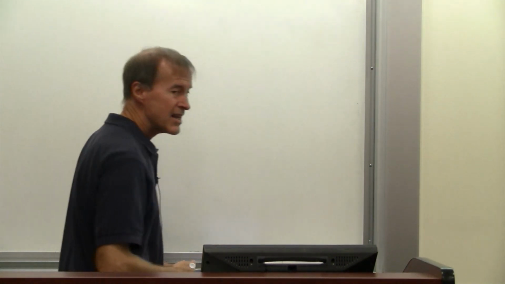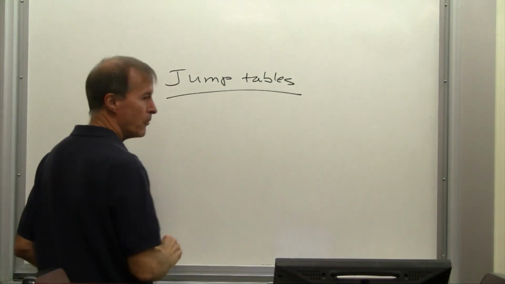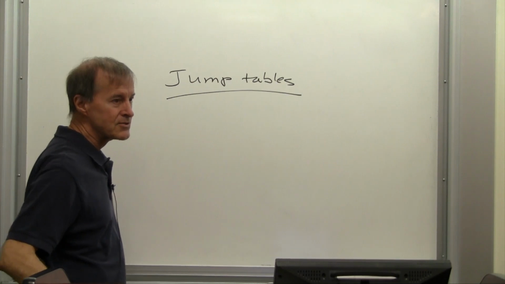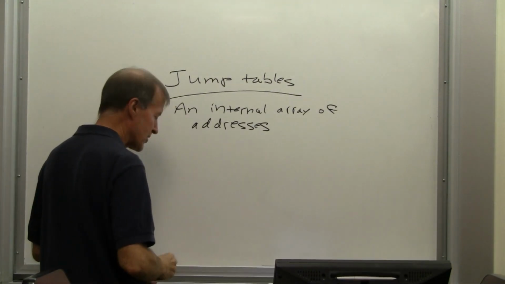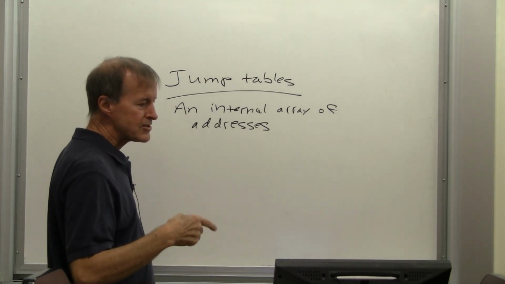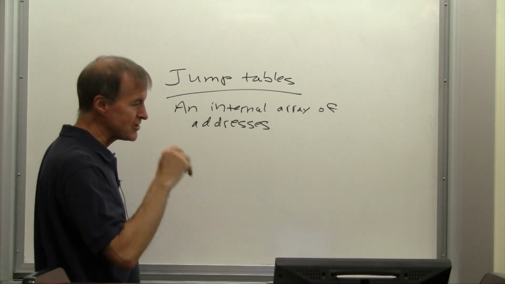The concept is what the compiler does is it sets up its own little internal array of addresses. And these have a name. These are called jump tables. A jump table is an internal array of addresses. That's what a jump table is. Now, in order for us to set up this internal array of addresses in order to do the switch statement,